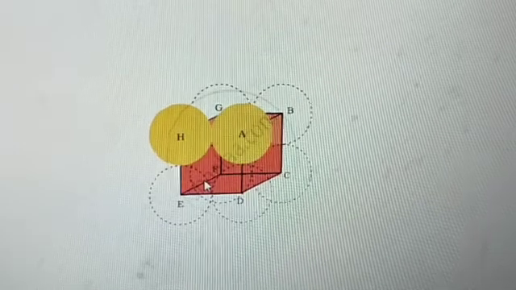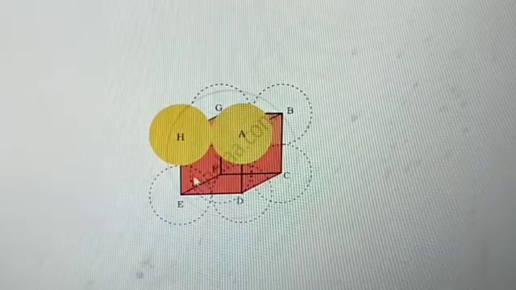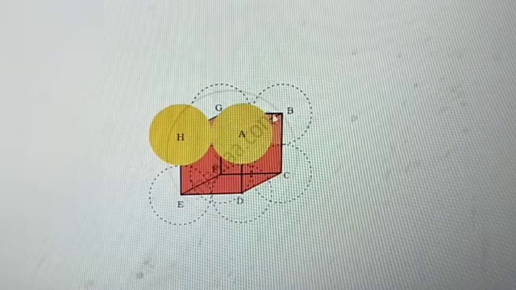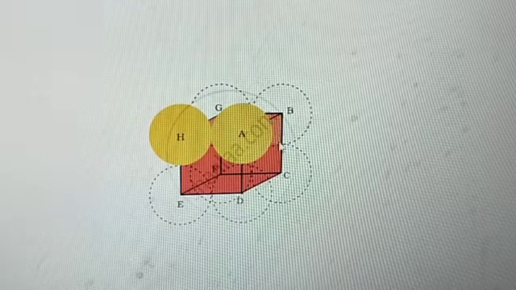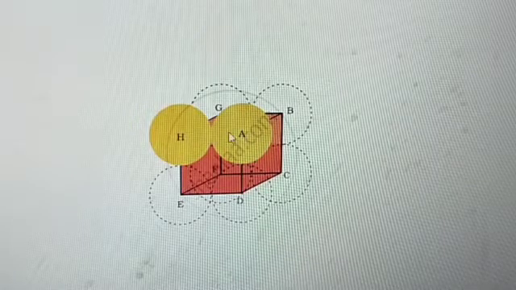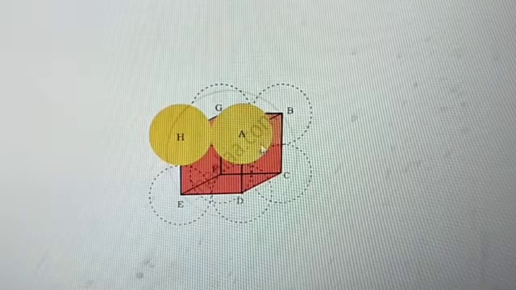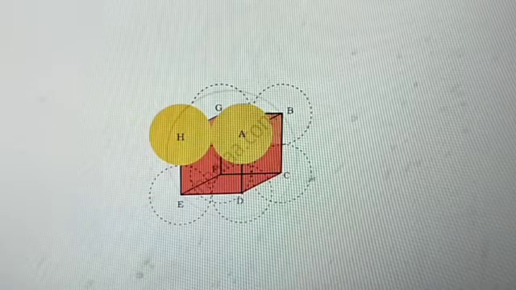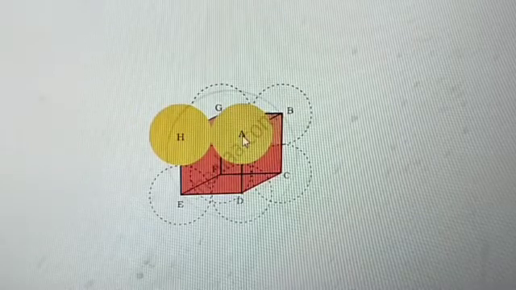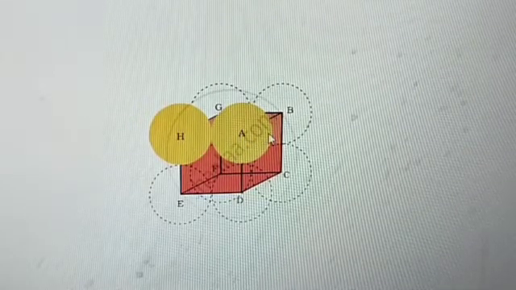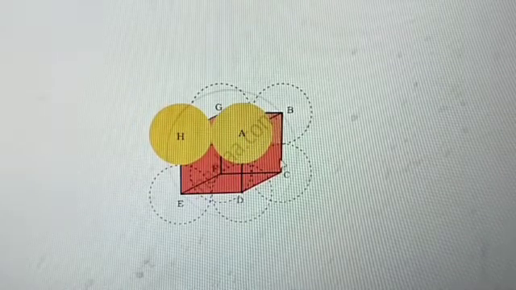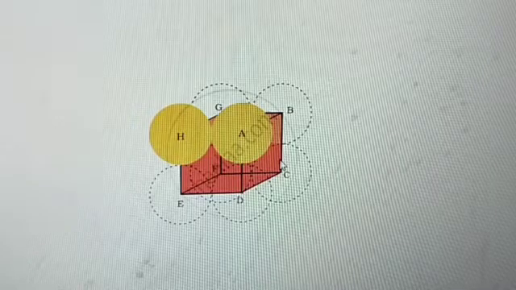When we touch them, the radius of each particle is r. So the edge length of the cube, this is the edge length or side of the cube, no? So this side of the cube and the radius of each particle. This sphere is nothing but a particle. The radius means nothing but the distance from center to the circle. Yes or not? So the radius of the sphere and the side of the crystal, those two are related as